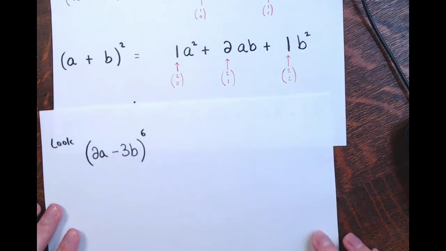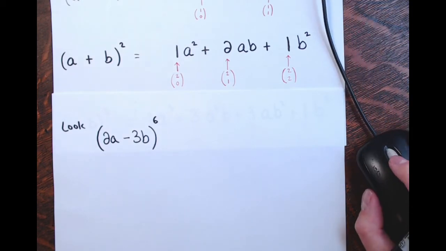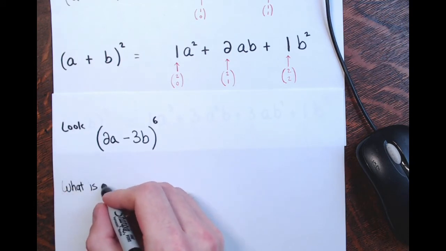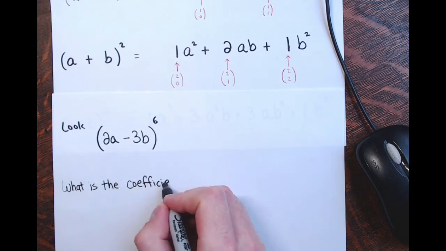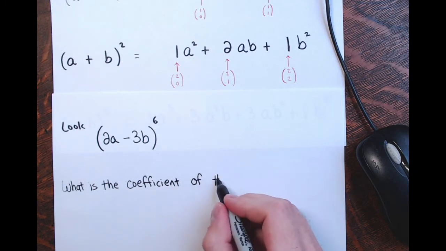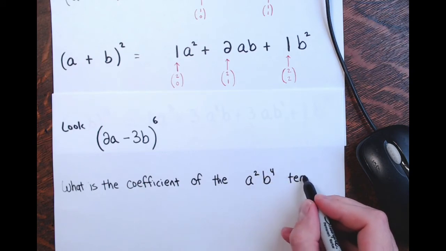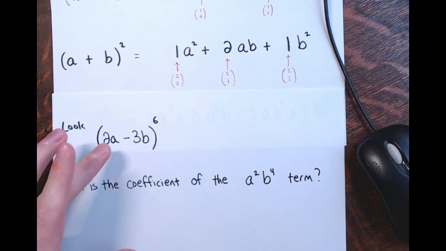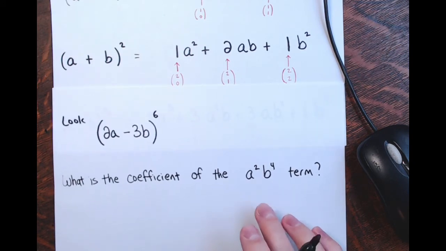Now, I could easily expand this, right? But what they might ask you is, what is the coefficient? The numerical part. They might ask, what is the coefficient of the a squared b to the 4th term? Now you can do this in one of two ways. One way is you can just expand it all out and look at the a squared b to the 4th term. Another way is,